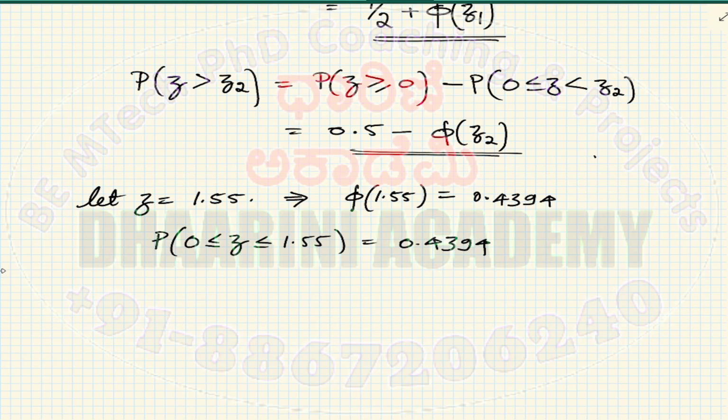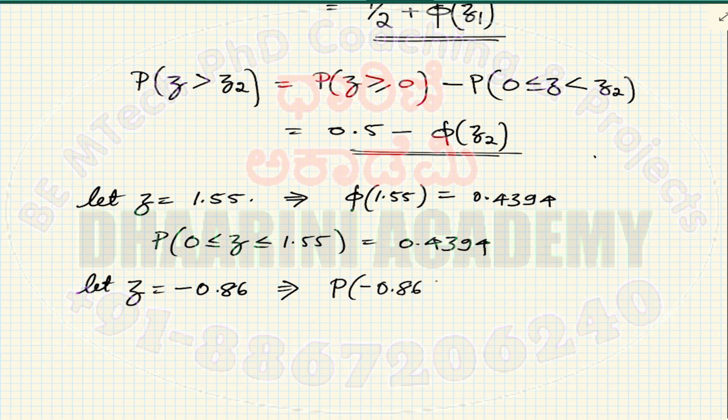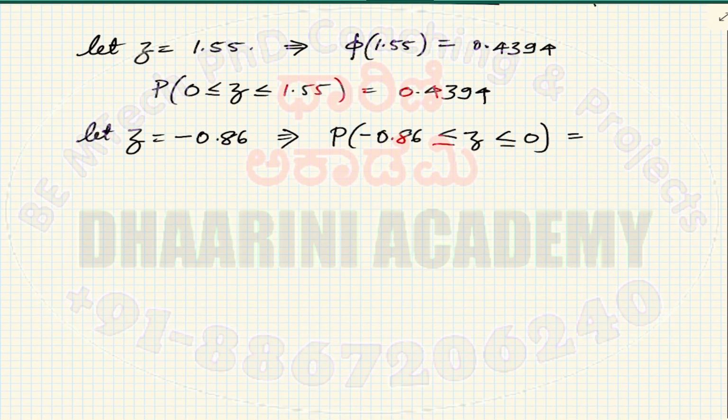Now let us say I want to calculate this value. So next one, let z be equal to minus 0.86. Okay, and we want to find out the value like this. What is the probability that minus 0.86 is less than or equal to z less than or equal to 0? I want to find this. Now there is no entry on the table which is negative, right? We use the concept that